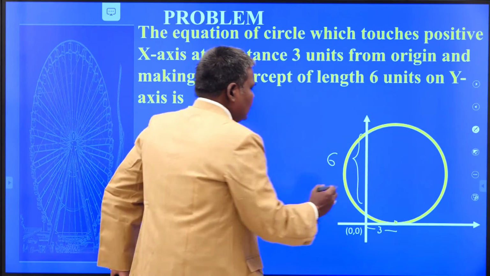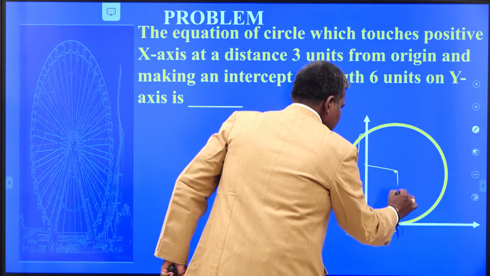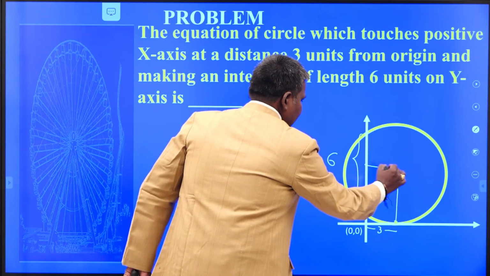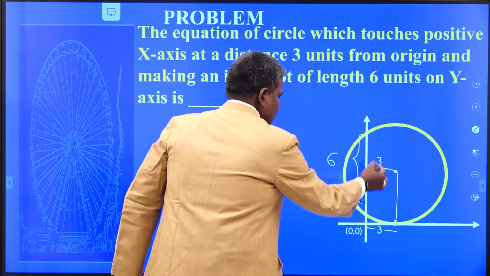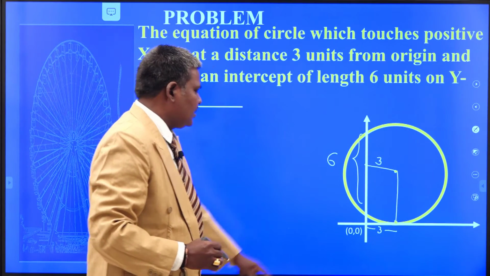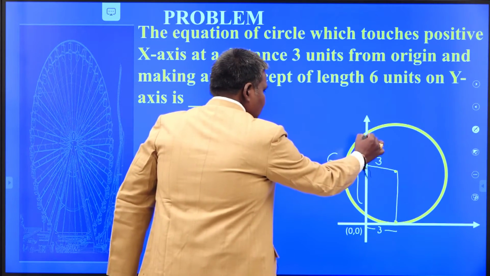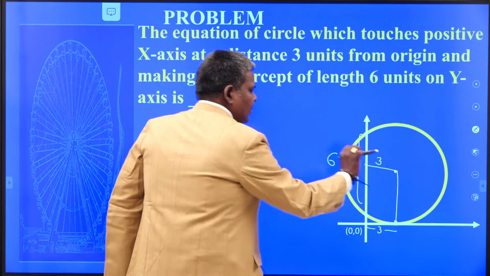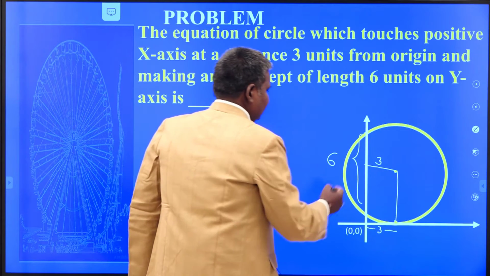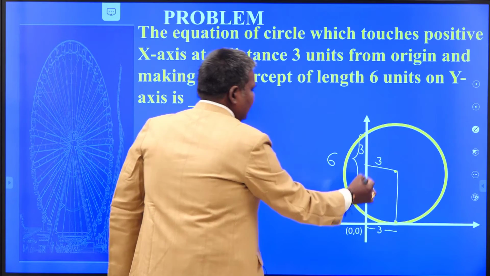How to do this one? Suppose this is the center of the circle. Draw 2 perpendiculars like that. Now my question is, what is the distance from here to here? This is also 3 units. Because these two lines are parallel, the distance between any two parallel lines is always the same. If it is 3 units, automatically this is also 3 units. Now, these two lengths are equal. Every perpendicular bisector should pass through the center of the circle. We know this from the 10th class itself. So, the total length is 6 units. This is 3 units. Automatically this will be 3 units.